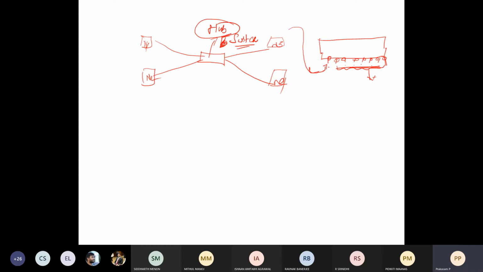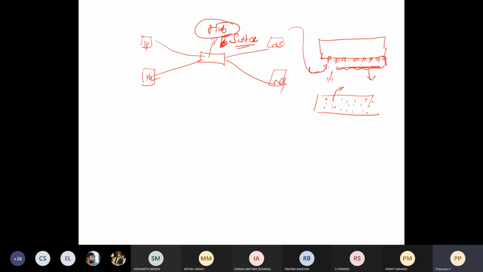The hub is not an intelligent device; it is an old-days device. To replace it, the switch came into the picture. In our laboratories, most of the time it is a switch. In a switch, you can identify the respective position using the port address.